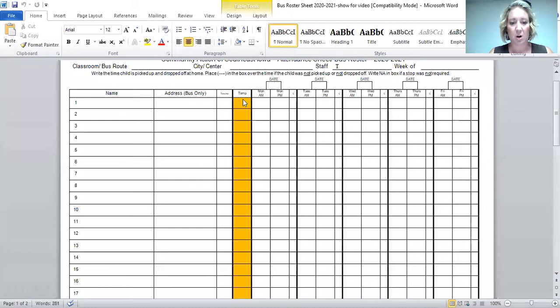Bus monitors, you will now see on your bus roster sheets there's going to be a temperature column. This is where you're going to have to screen those kiddos with a thermometer and document the temperature. Yes, you have to do this, I know. When parents sign their kiddos in the morning,